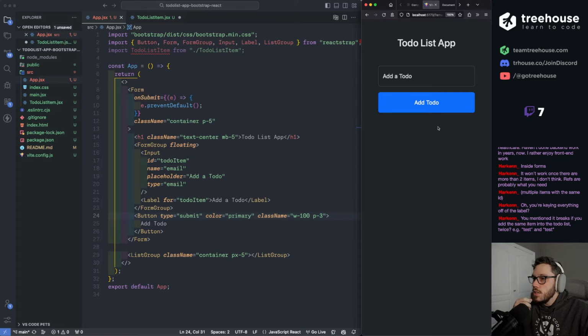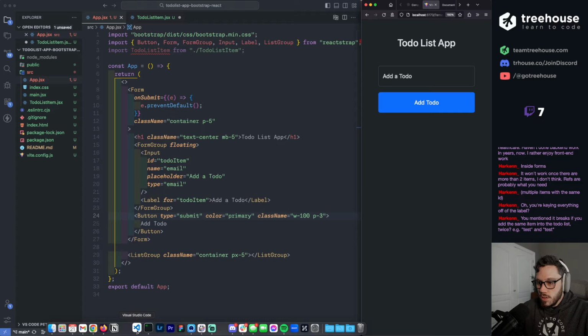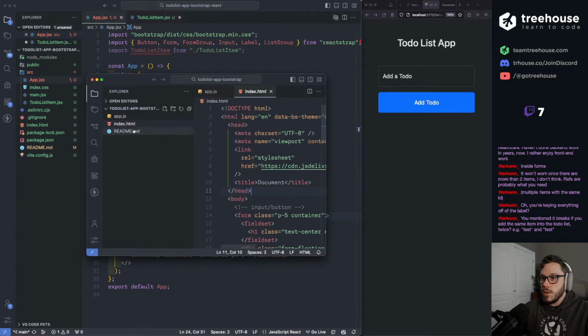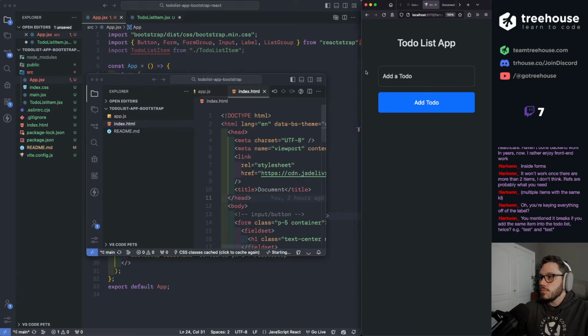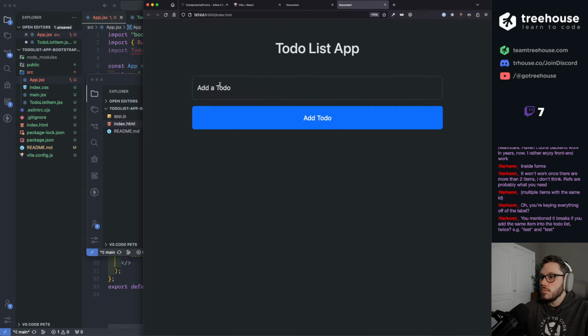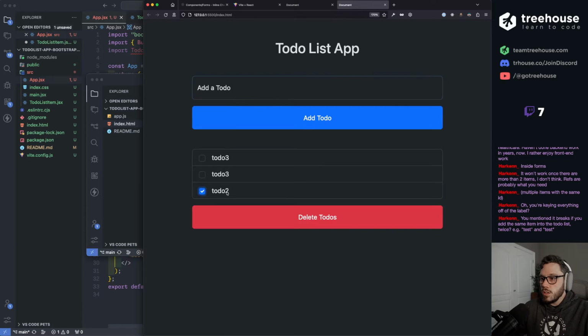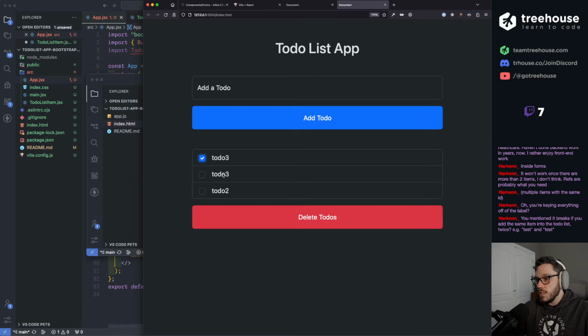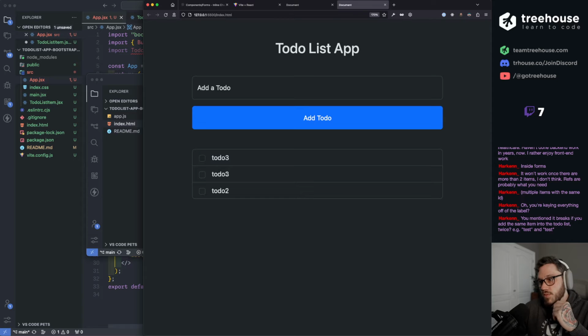You mentioned it breaks if you add the same item into the to-do list twice, e.g. test and test. Yeah, so I'll just open up that repo real fast. This is for the vanilla version that we had done. To do 3 and to do 3 and to do 2. So to do 2 works. To do 3 works, but if you click this before we implemented the feature, actually I took the feature out because I wanted people to come in and contribute to it.